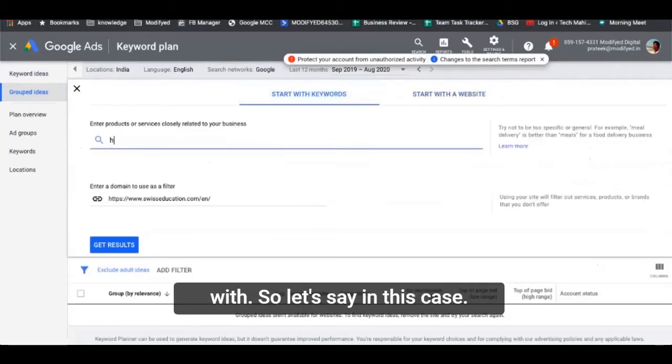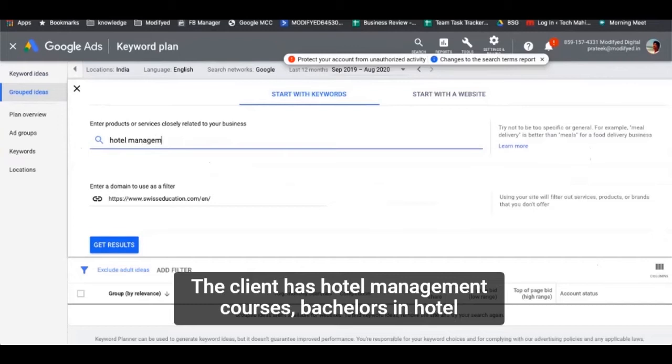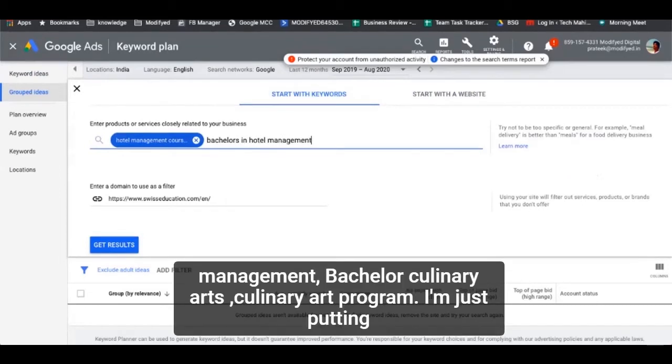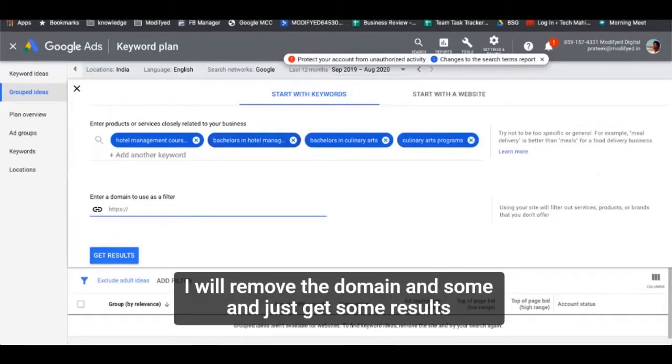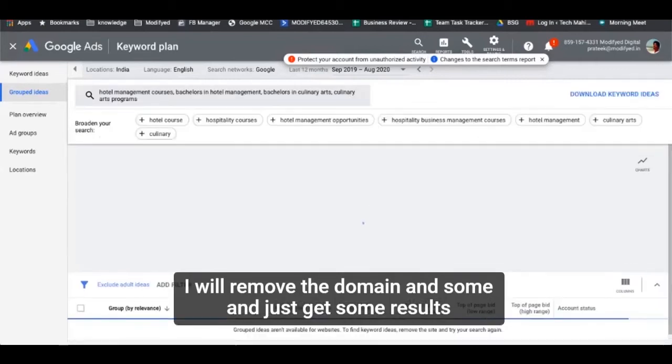So let's say in this case, the client has hotel management courses, bachelor's in hotel management, bachelor culinary arts, culinary art programs. I'm just putting in 4 keywords. I'll remove the domain and just get some results.